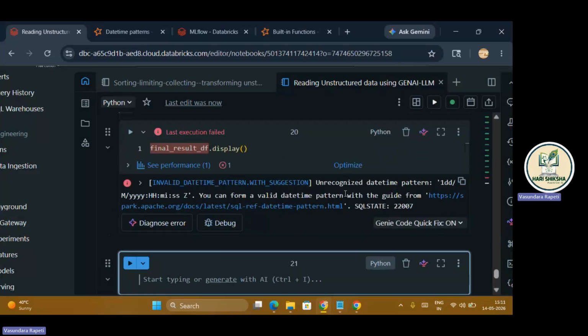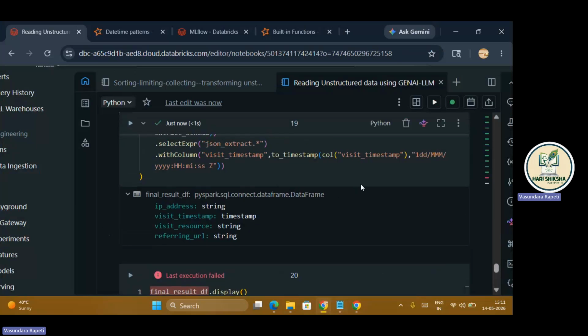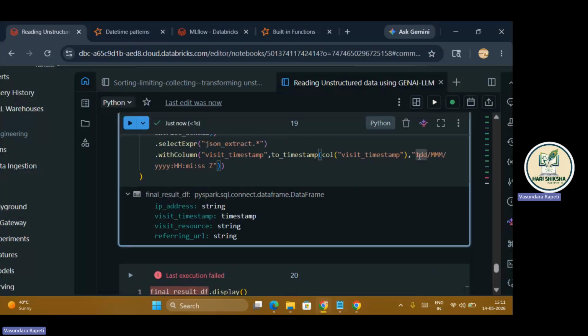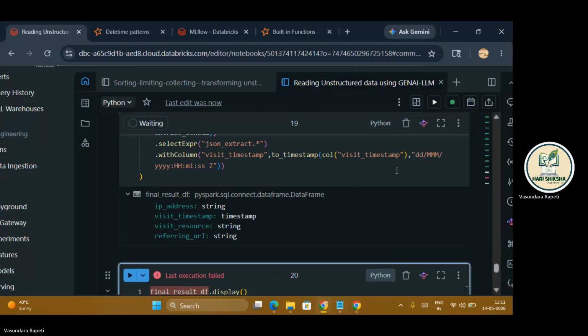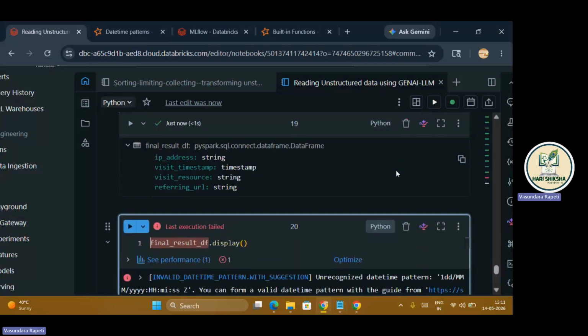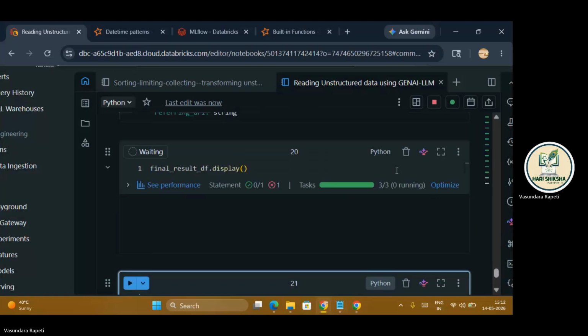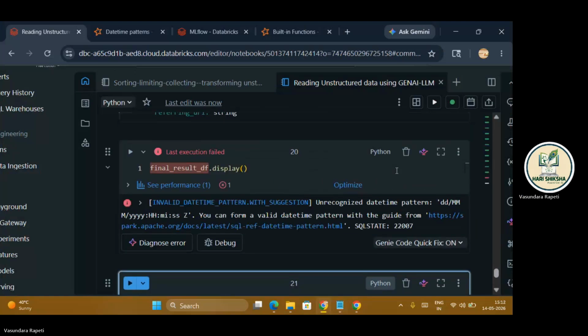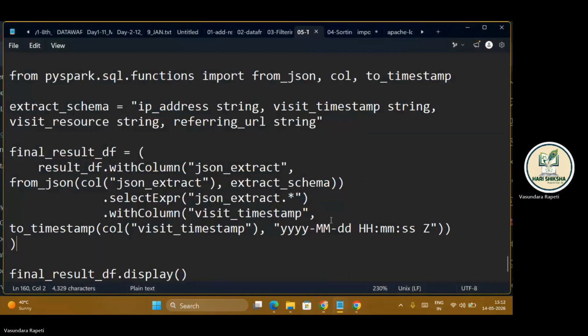Some errors. Unrecognized datetime pattern. What? Who has given this? It was DD. Okay. Again, some pattern issue. Let's see, MMDD. Then